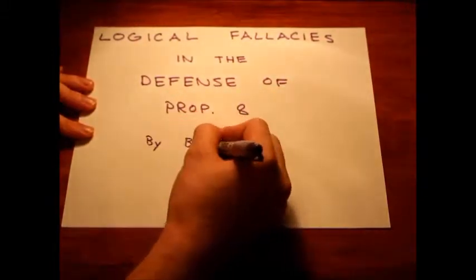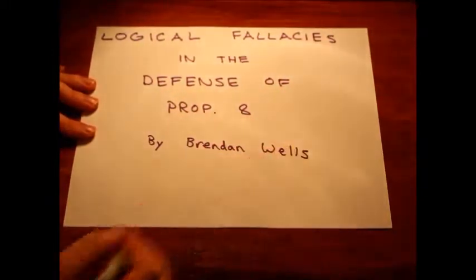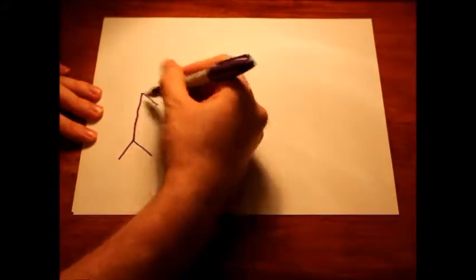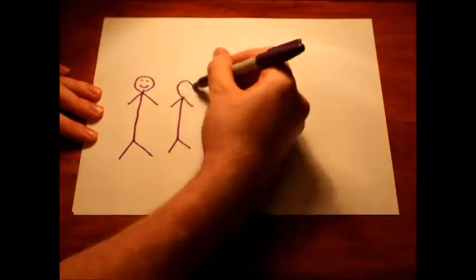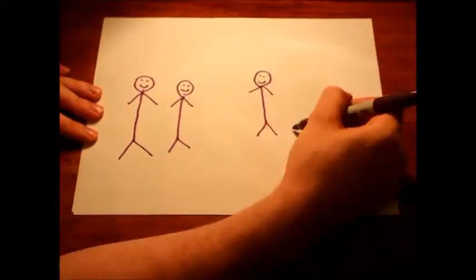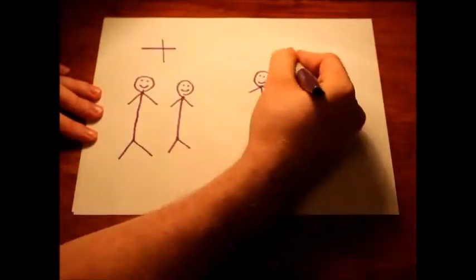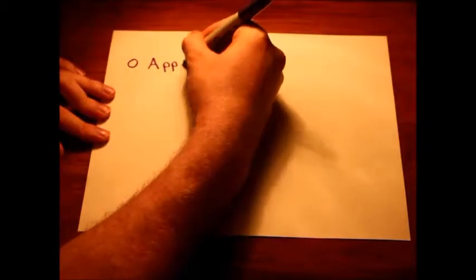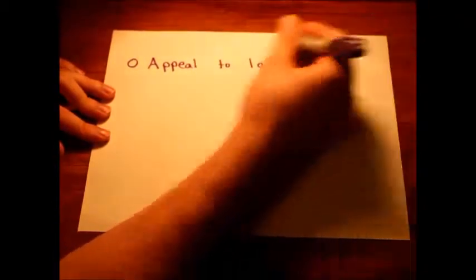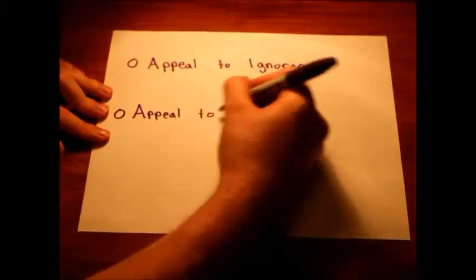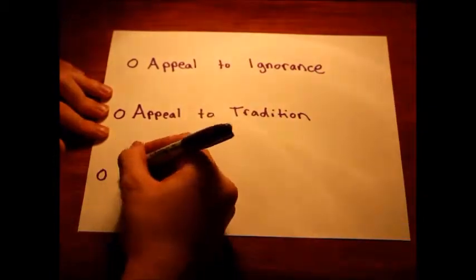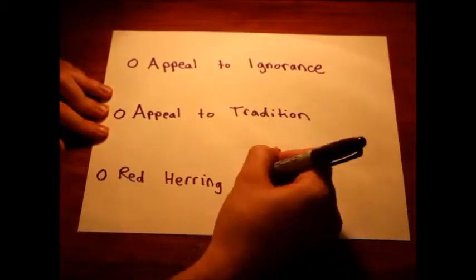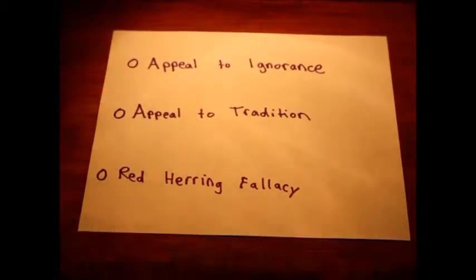The Defense of Marriage Act and Proposition 8 have yielded controversy across the United States, as the American people have divided themselves on each side of the argument. I have chosen to use and analyze lawyer Charles Cooper's arguments against gay marriage as a way to illustrate and explain three logical fallacies. These three logical fallacies are as follows: appeal to ignorance, appeal to tradition, and the red